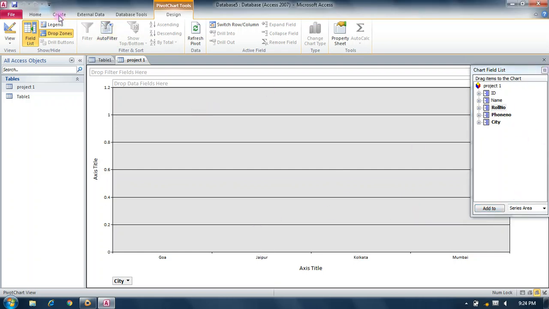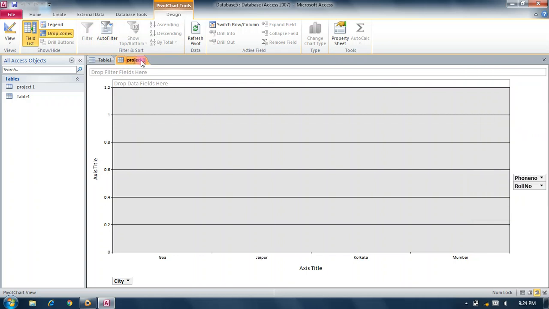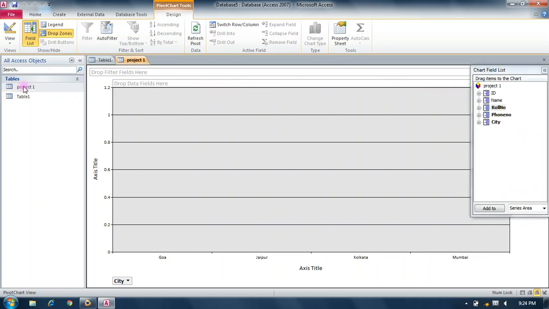Okay, so this is your pivot table and pivot chart. And pivot chart displays your pivot table view in chart form. Okay,